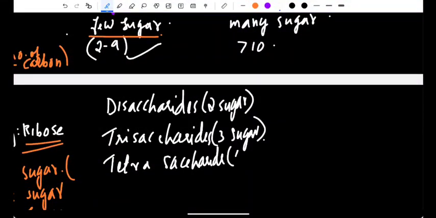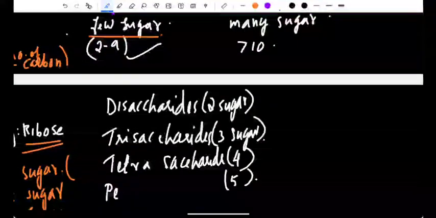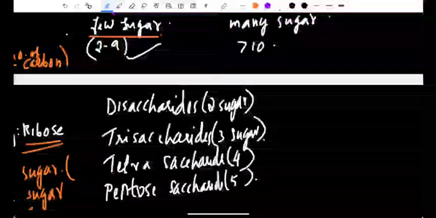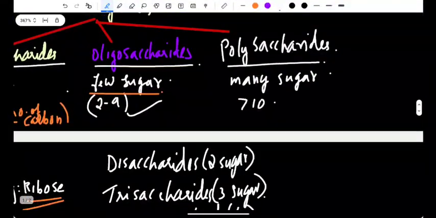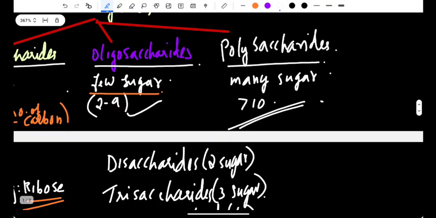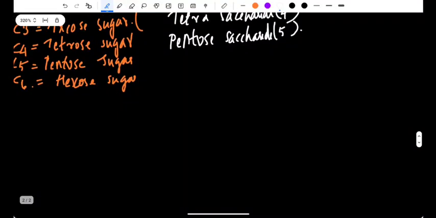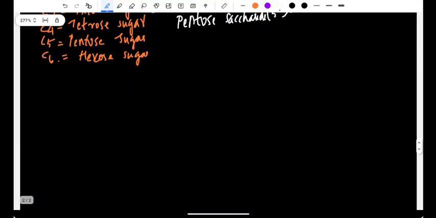Tetrasaccharide, 4. Then if 5 sugars are present, pentasaccharide. Okay. Then polysaccharide means many. Polysaccharide means many sugars will be present. Then the carbohydrates can exist